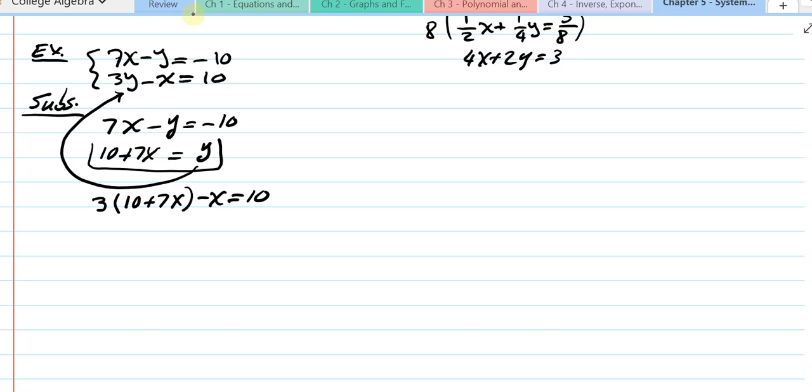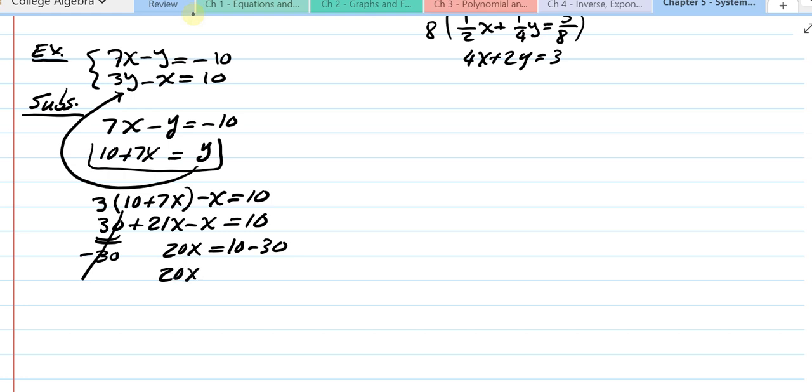Notice we reduce it down to one equation and one unknown. So we should be able to solve this equation now. Distributive property, 30 plus 21x minus x equals 10. Combine like terms, 21x take away x makes 20x. And at the same time, let's subtract 30 from both sides. So that's 10 minus 30. Subtract 30 on this side, of course, those disappear. And I have 20x equals -20, divided by 20, x becomes -1, and there is a solution to x